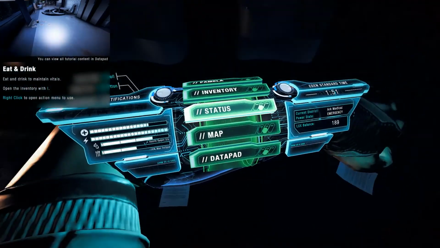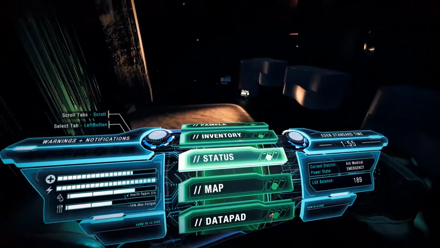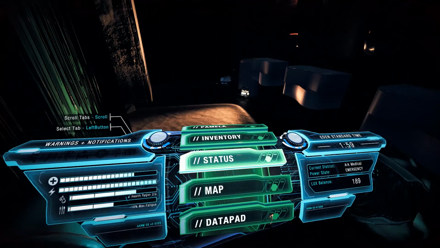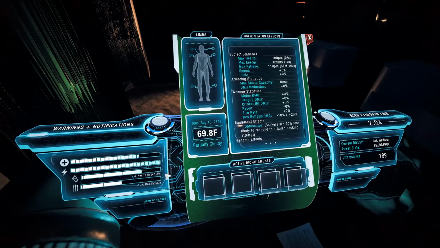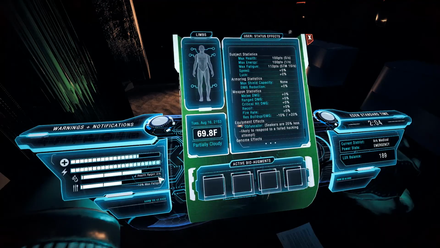Oh wow, we took a lot of damage there while we were being dehydrated. You can also see underneath the hydration and hunger, at that current state of hunger, we're getting plus 10% maximum fatigue, and at that current state of hydration, we are getting a health regen of 2 per second. Now, I can tell you right now, 2 per second, when we have a max health of 100, and as you can see, the regen is 0, I'm pretty sure this regen applies when you're sleeping, because we're not regenerating health, and I've been on 1 health before, or at least 1 pip of health, and my...